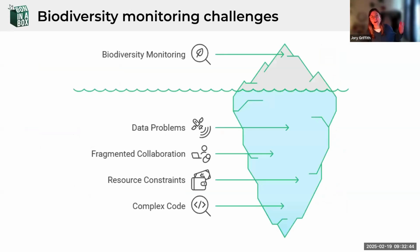So as many of you know, biodiversity monitoring is very difficult for many reasons. There's an overload of data. You just heard that there are over 3 billion GBIF records. There's satellite data coming in all the time. This data is scattered around various sources, and it can be really difficult to mobilize and translate that into useful